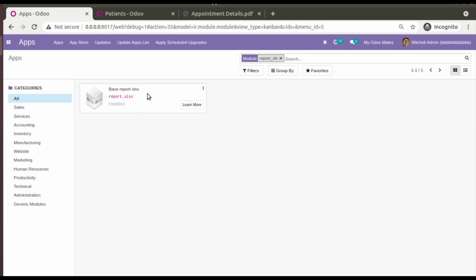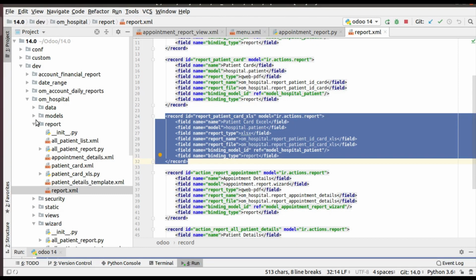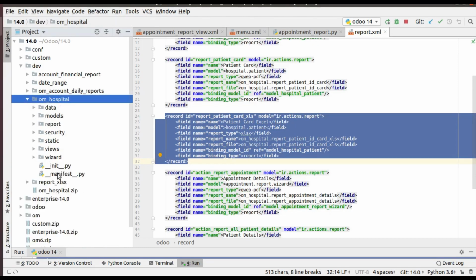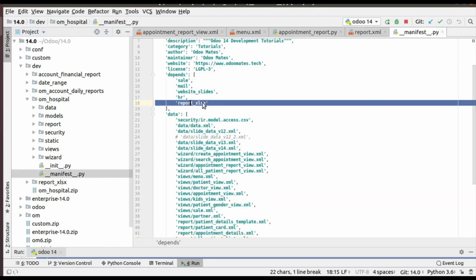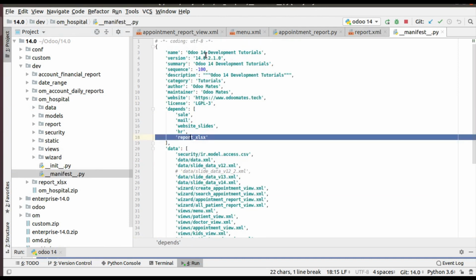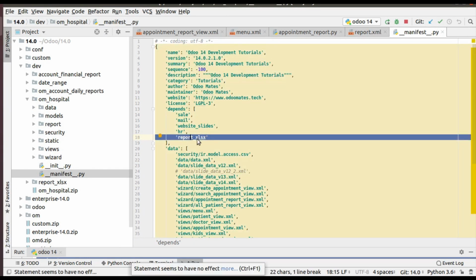So don't forget to download this module from the Odoo App Store or from the OCA GitHub or the OCA shop, and add it to your database. I have already done that, and you can see I have added it as a dependent module for my module. In order to install the Odoo 14 development tutorials, you have to download and add this module in the database.